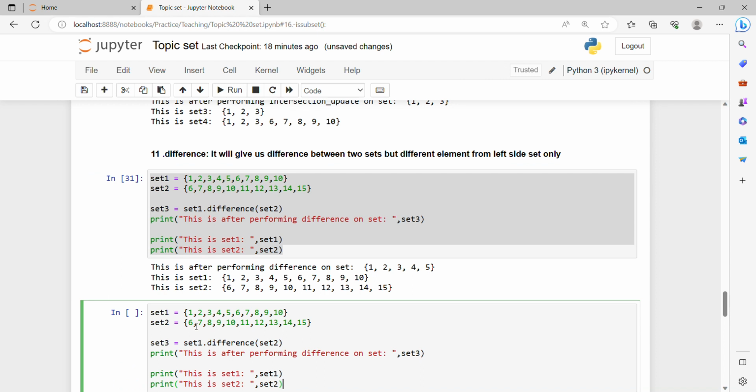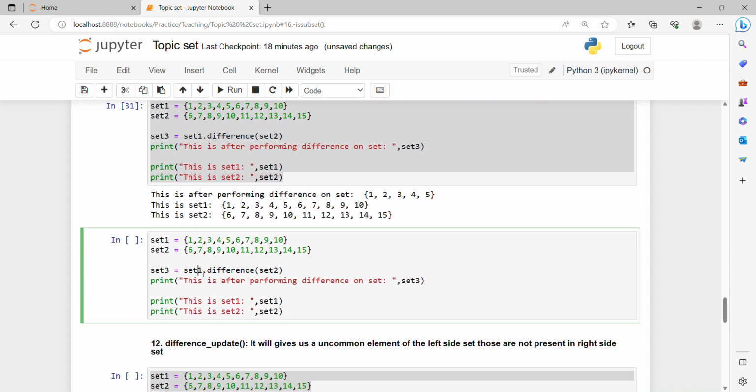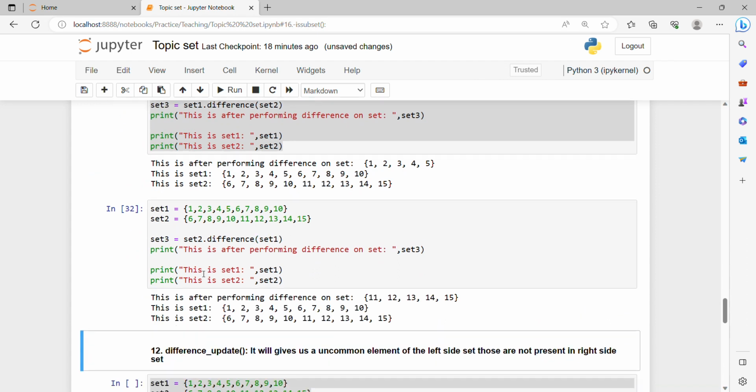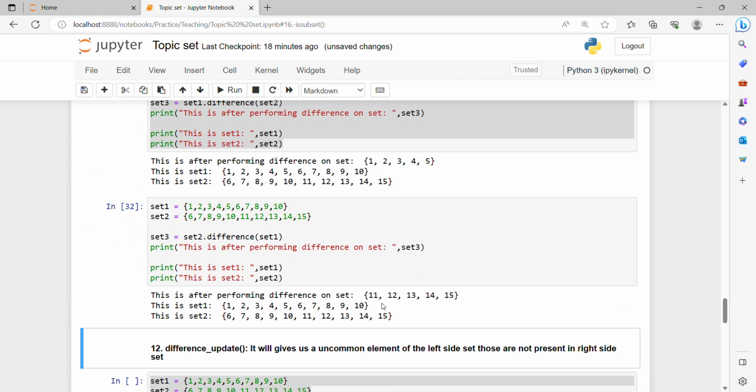See, I'm trying to write over here set 2 dot difference and set 1. We will try to find out what it will give us. So over here, as I said, it will give us